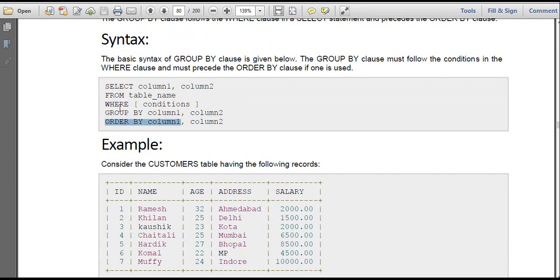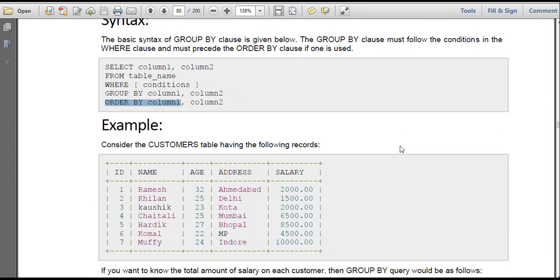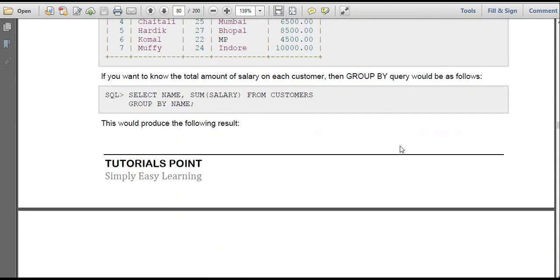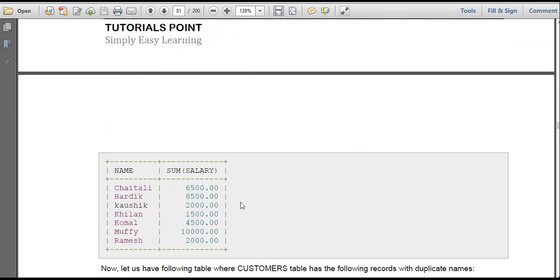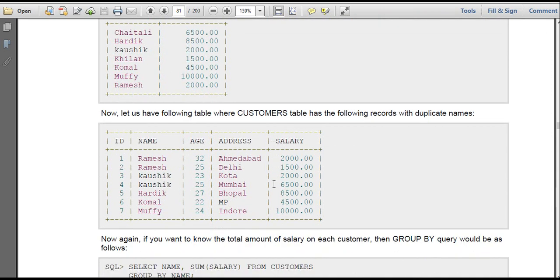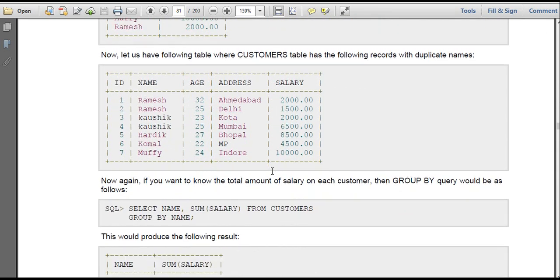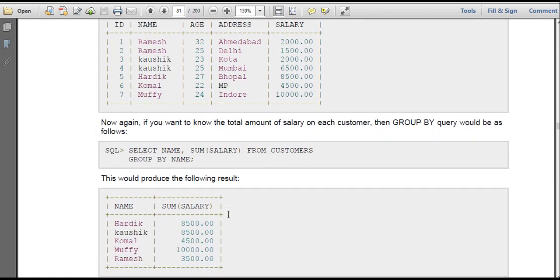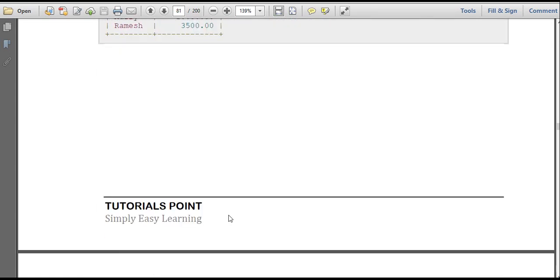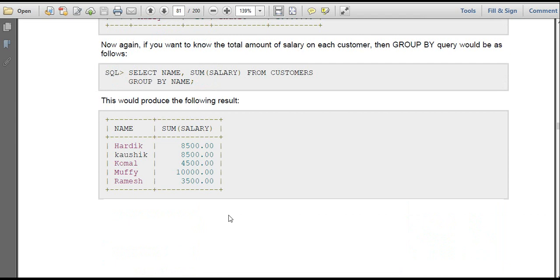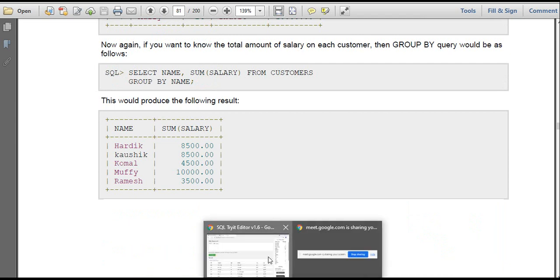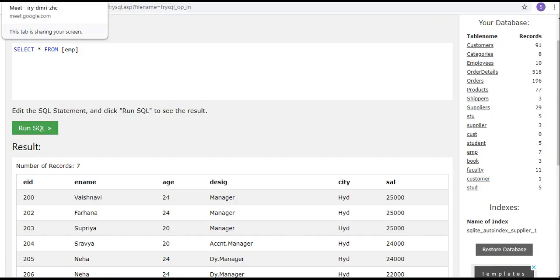This is the sequence which we have to follow: where, group by and order by. So sum of salaries, select name, sum of salary from customers, group by name. It will give you the same name, and group by command will go with different calculations based on group wise.